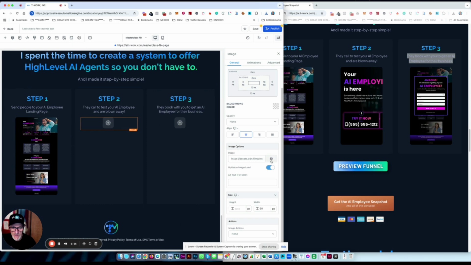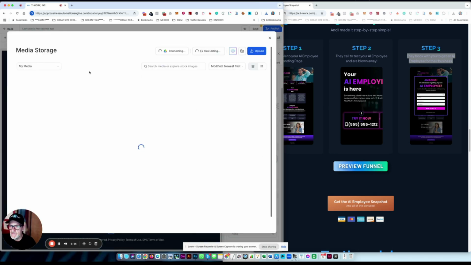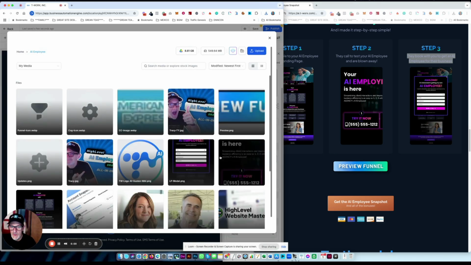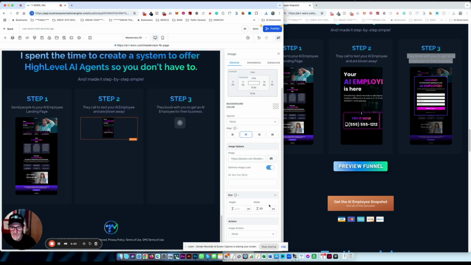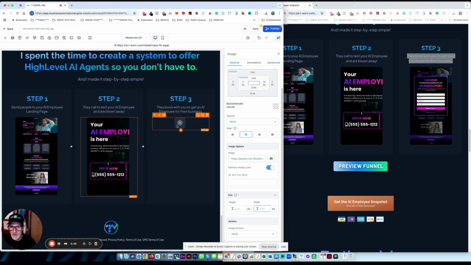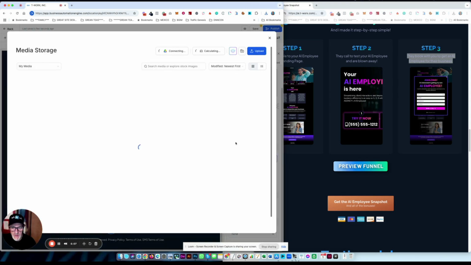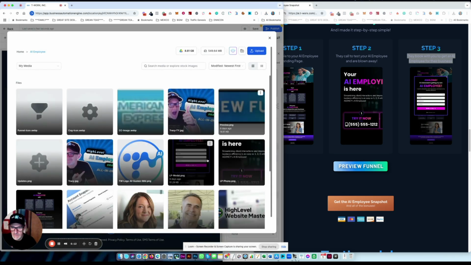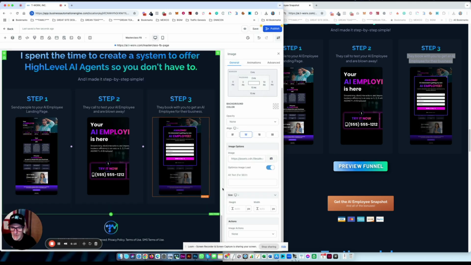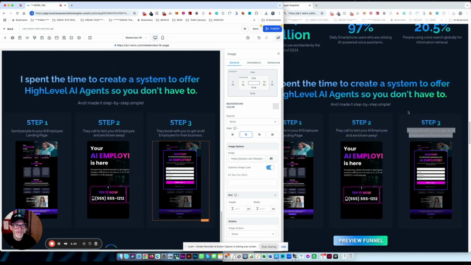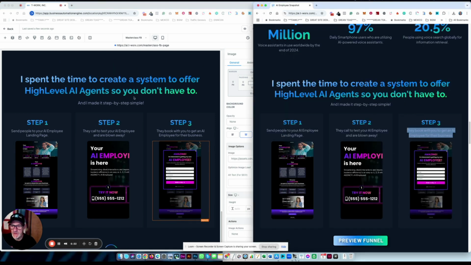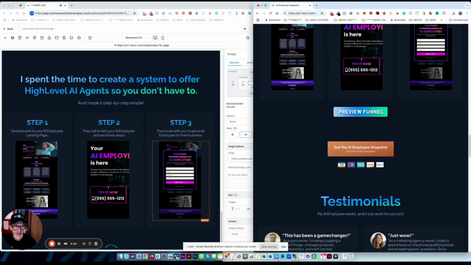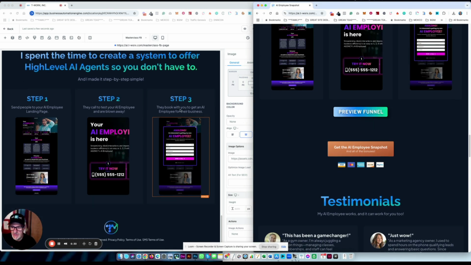So let's go with this one. This is this image. And let's remove the width. And then this one, step 3 image. Let's go grab that one. This is the modal. Blam. Okay, great. All right, so I think that's looking pretty good, right? Exactly what we needed to do. Create this section right over here. Okay, we're doing good. Now we need to add this button on underneath this section, underneath the 3